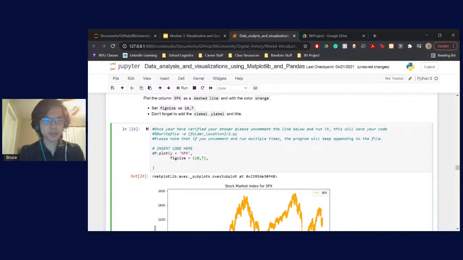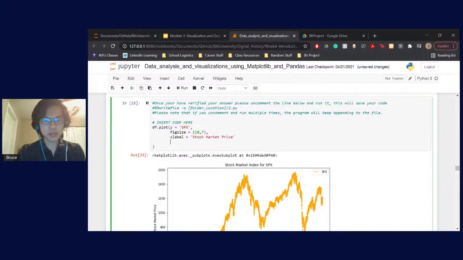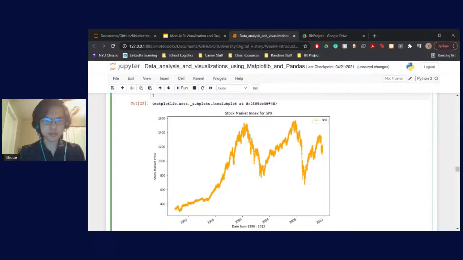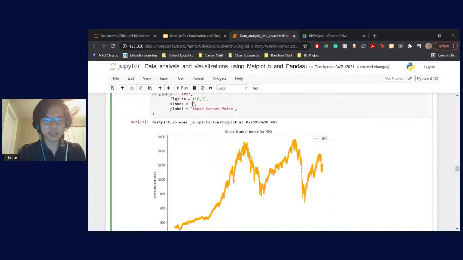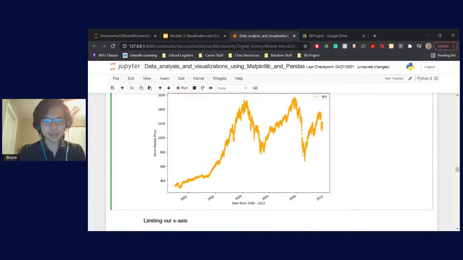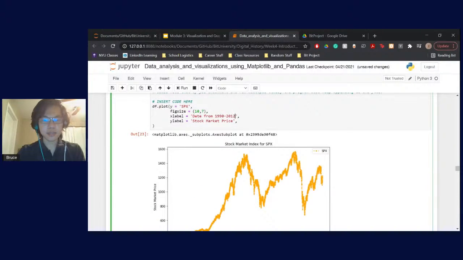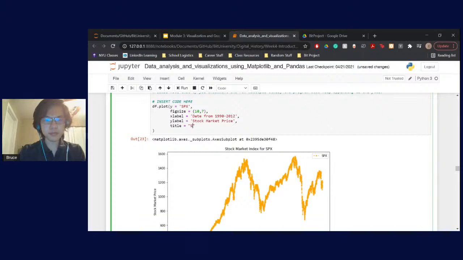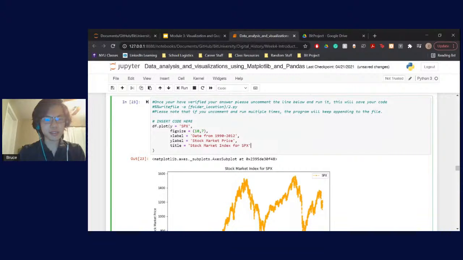Add the X label and Y label, sure thing. X label is equal to what I set it for, stock market price. Don't forget the comma. Y label is equal to. I just mixed up X and Y. That's embarrassing. Y label. X label is 8 from 1990 to 2012. Yeah, and then title